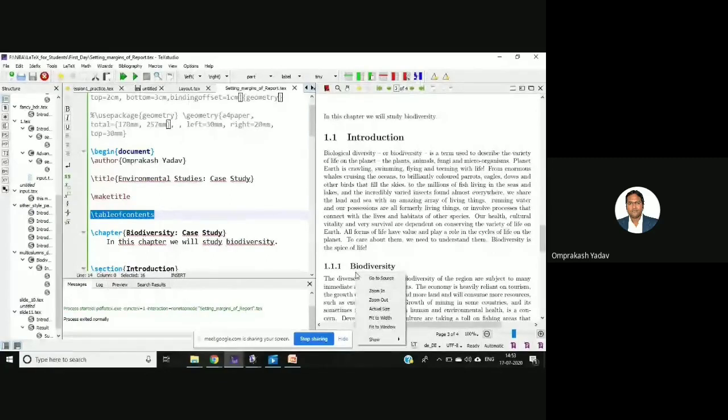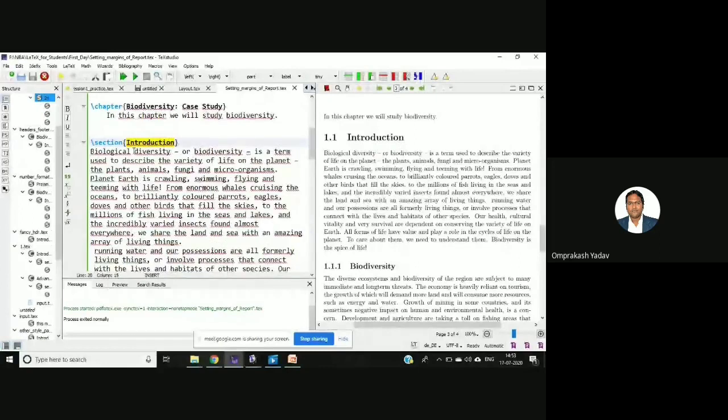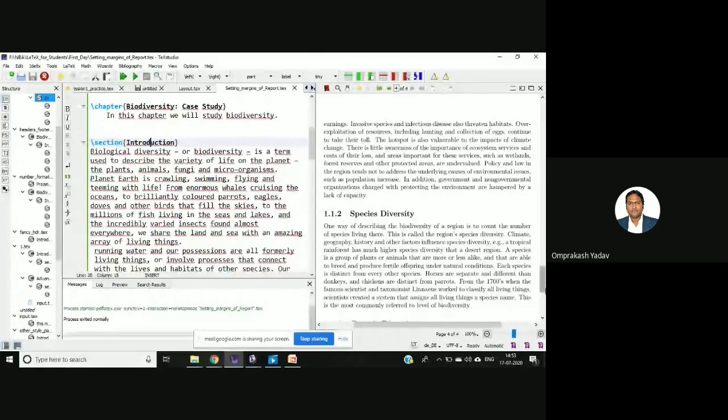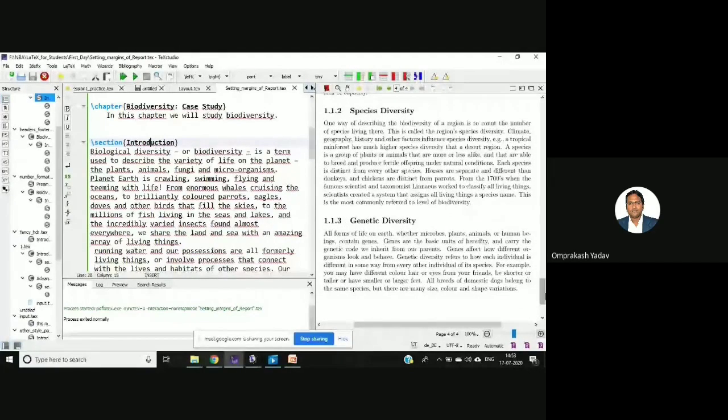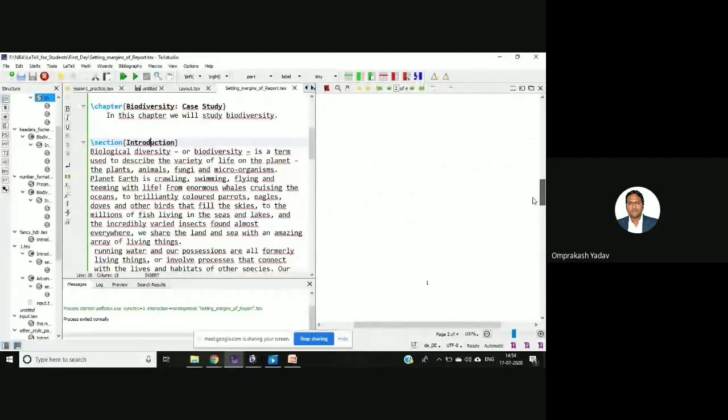If you want, you can just right click over here. For example, I'm doing right click, and then you can go to source, and it will take you to the source. Let's go there. Yeah, so this is the subsection, I have written subsection biodiversity. You can right click anywhere, for example over here, you will go to the introduction part, so you can see the source code also. So in the 1.1, there is 1.1.1 biodiversity. Then 1.1.2 species diversity, and then 1.1.3 genetic diversity. So these three subsections are available.